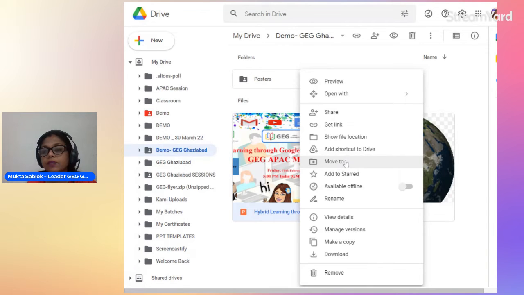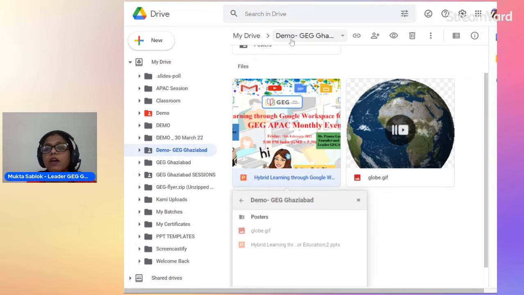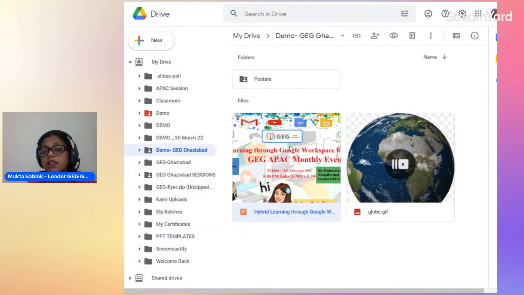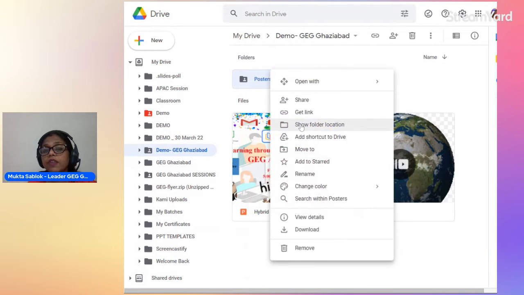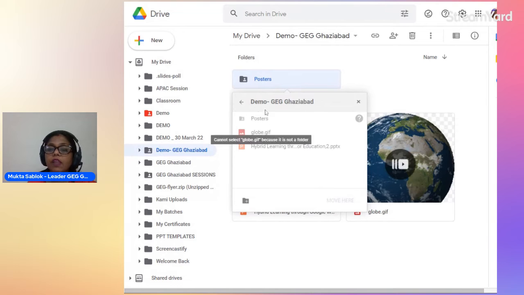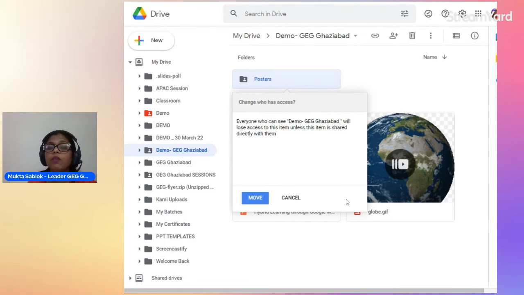Move to means if I want to move this folder from demo GG Ghaziabad back to my drive, I can just move here. I am just selecting here demo and I'll click over move here.